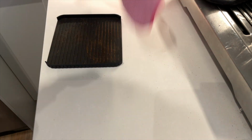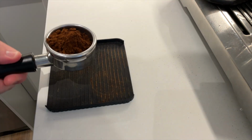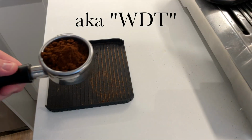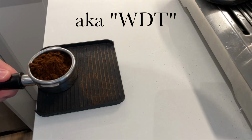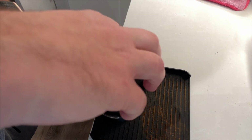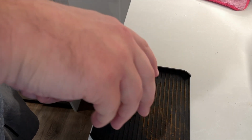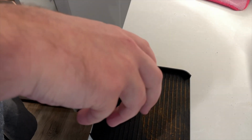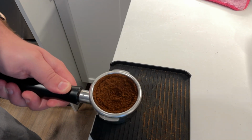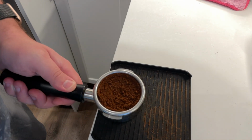Okay, so now I'm coming over to the tamp pad, and first thing I've got is my spikes. I like to do this. This is just a real simple way, in my mind, to ensure consistency. You see what happens as I just spin that. I'll spin that once, spin that a couple times, whatever I'm feeling. But that just breaks up clumps, ensures consistency, and it really helps, especially at these finer grinds that I